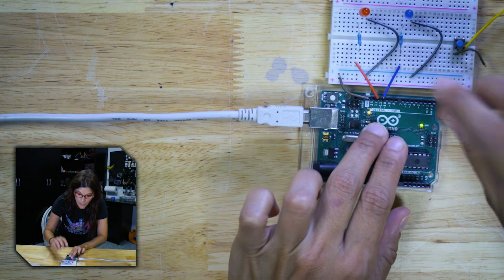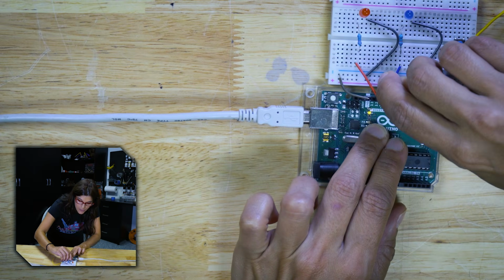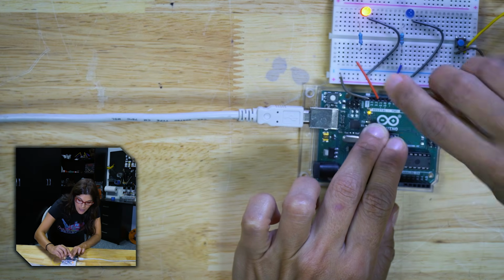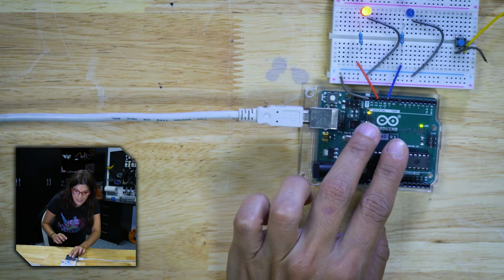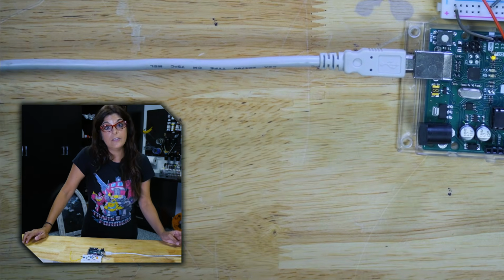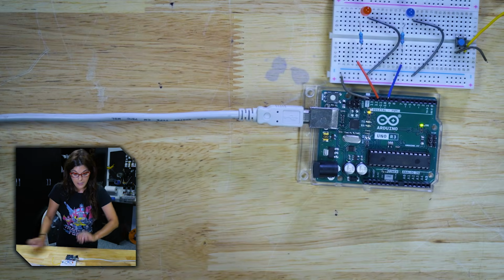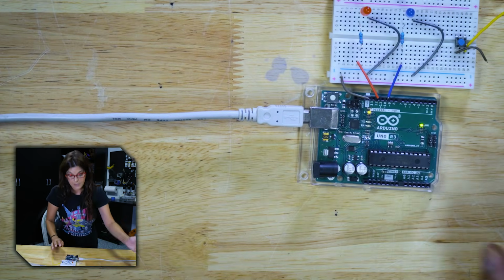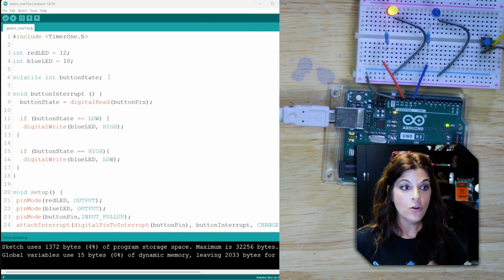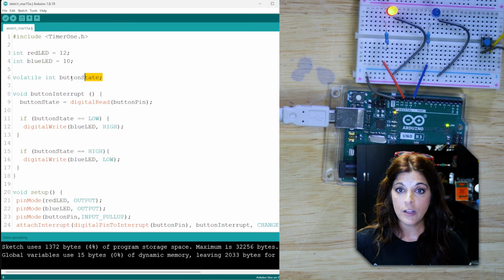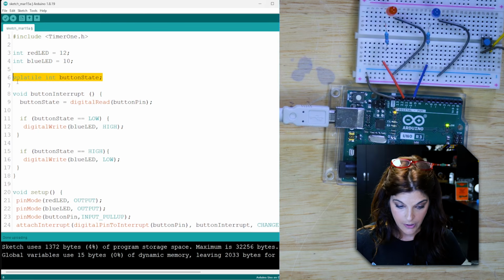So our blue LED, in order for it to work with this library, it needs to go into 9 or 10. I'm putting it in 10. And again, I did the no-no. This thing is still plugged in. Should unplug it, do your things, plug it back in. We no longer need this volatile state situation going on here. All right,